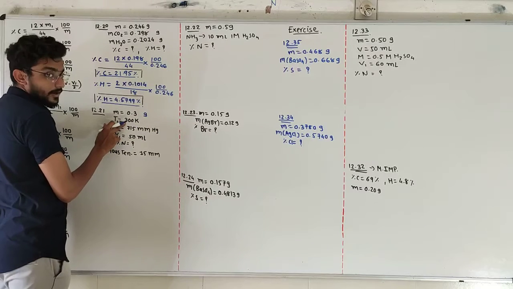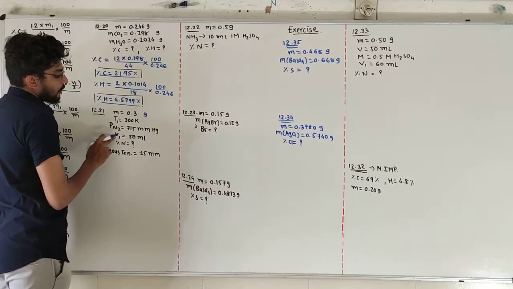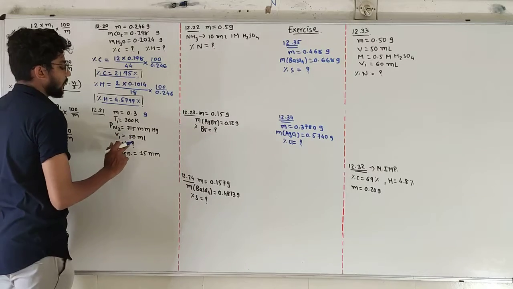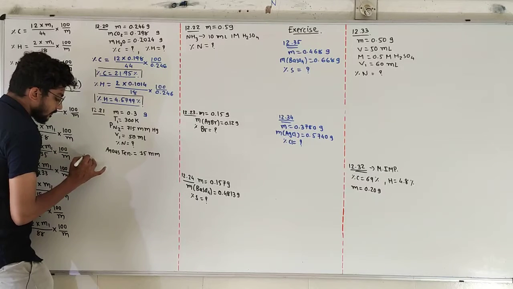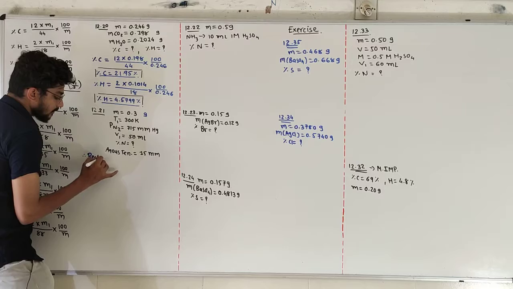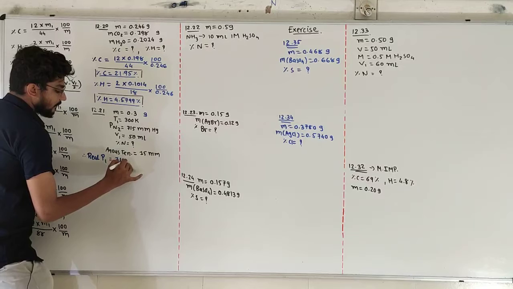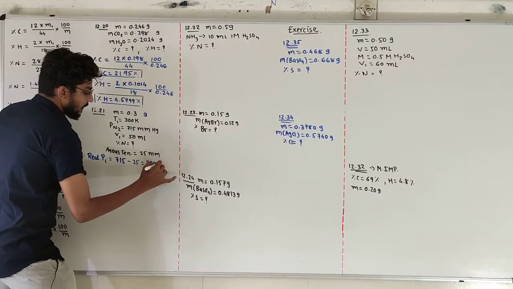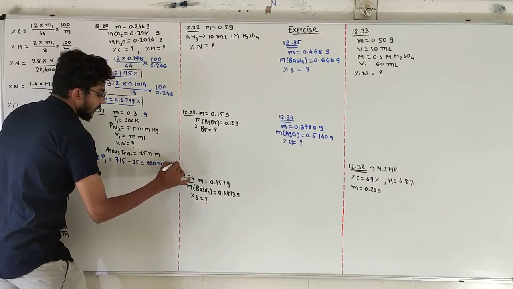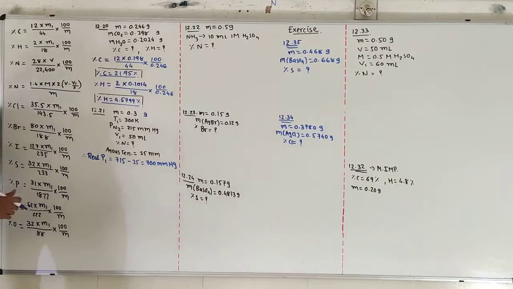Temperature is 300 Kelvin. Pressure of the N2 in the meter is 715 mmHg. Volume is 50 ml. Then calculate the percentage of nitrogen. Aqueous tension is 15 mm. So first of all we have to calculate the real pressure. In the sense, real P1 will be equal to 715 minus 15, in the sense 700 mmHg will be the actual pressure, because we have to subtract the aqueous tension to find the real pressure.